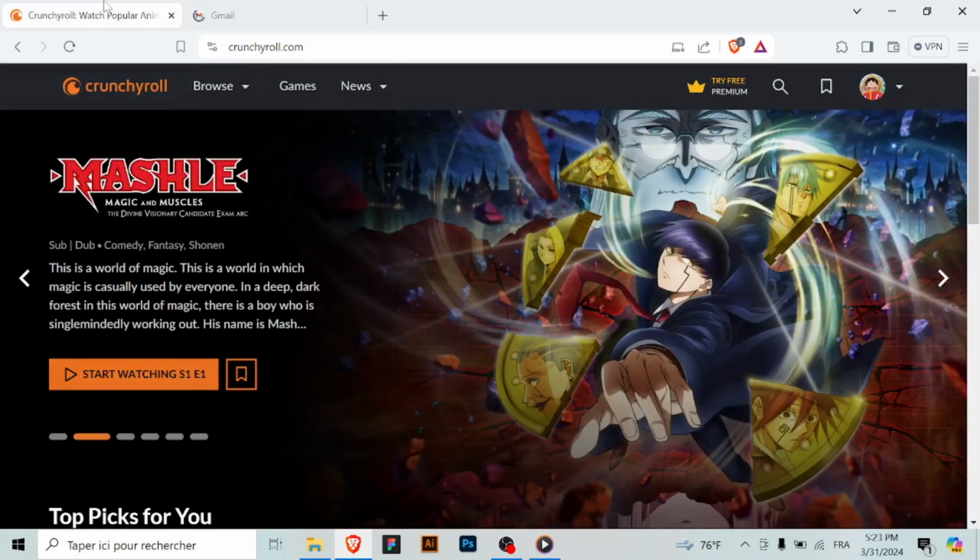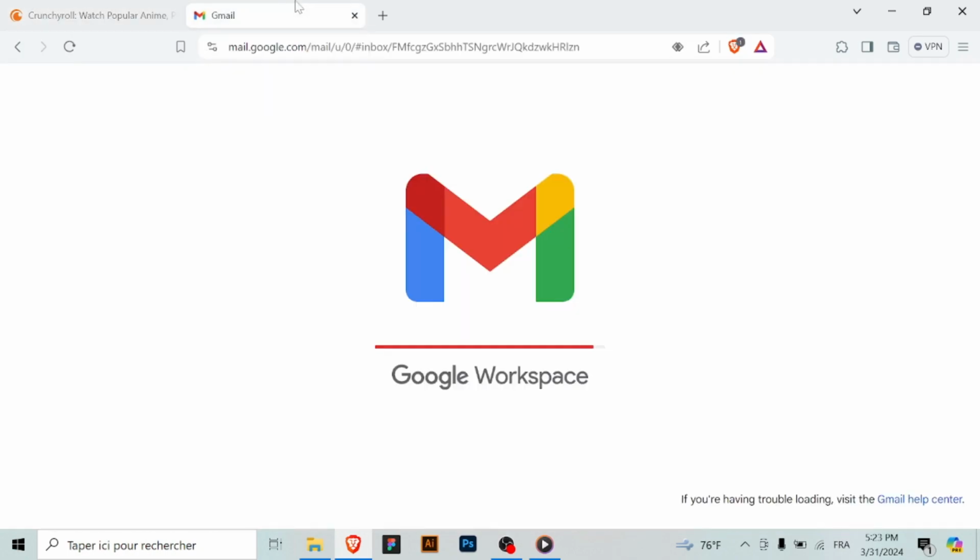or streaming device. By following these steps, you can easily create an account on Crunchyroll and start watching your favorite